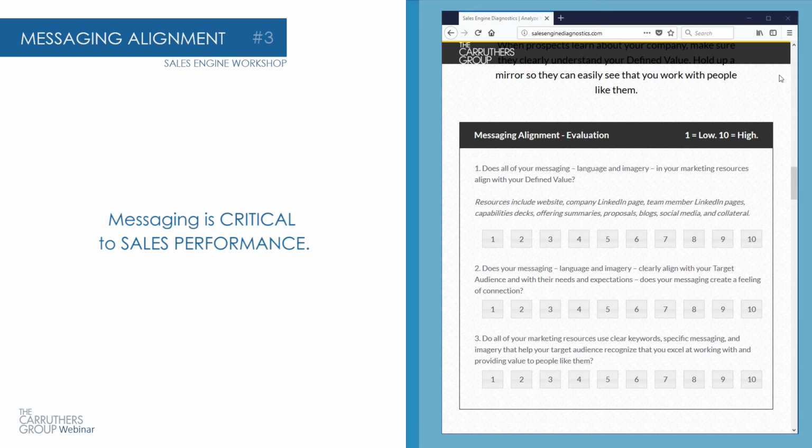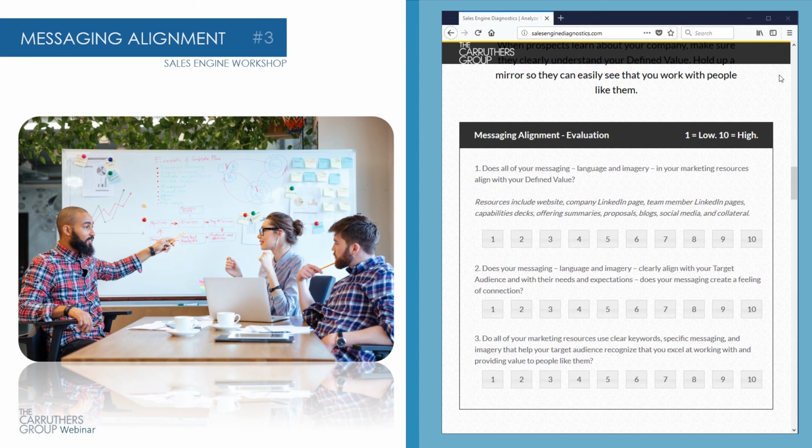And oftentimes what I've found, even with our own messaging, is I need outside eyes. I'm too close to it. If you're the main sales guy or if this is your business, you might be so close to it that you're using jargon or words that don't make sense to anyone other than the people within your company. So my recommendation is take a minute, grab some friends, bring in a consultant, bring a partner in, somebody that can be outside, and just talk through it with them.